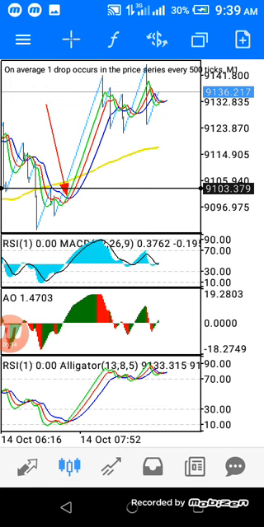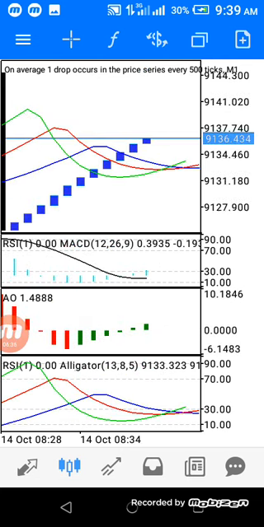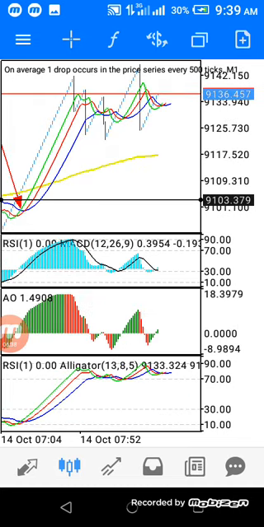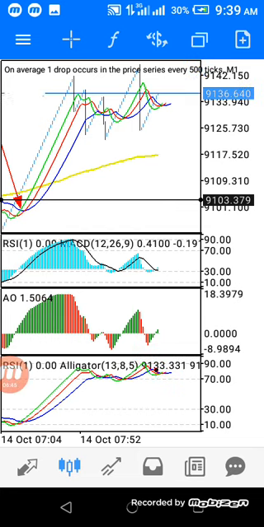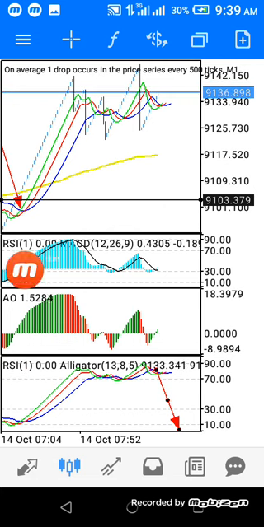Presently we have a signal loading, but you see presently now we can actually enter this market on the buy, but it's not advisable. Why? Because our alligator is overbought. So when something is overbought, you're actually expecting it to crash for a while and then come out to the oversold level before it can go up again. You understand? Presently on this market, you can enter and risk it and take 5 candles and go out, but